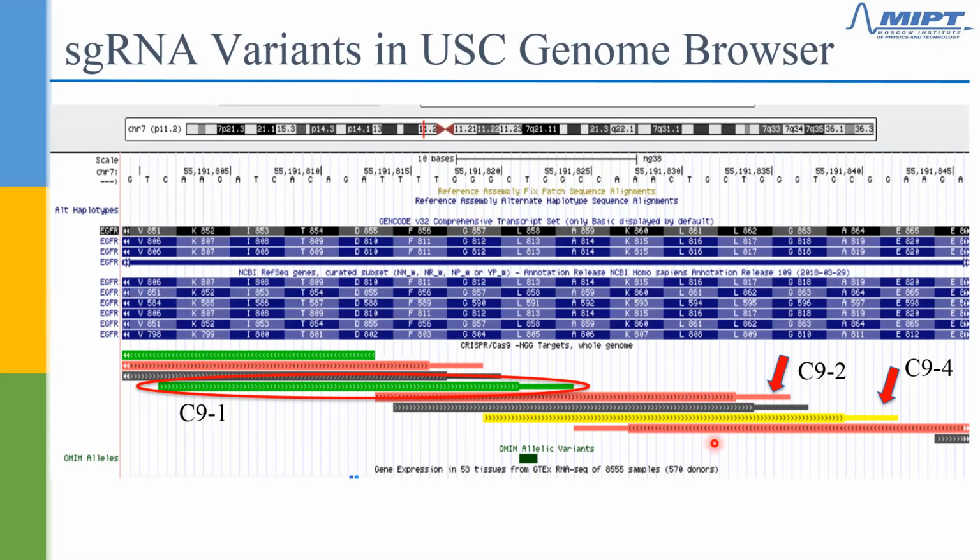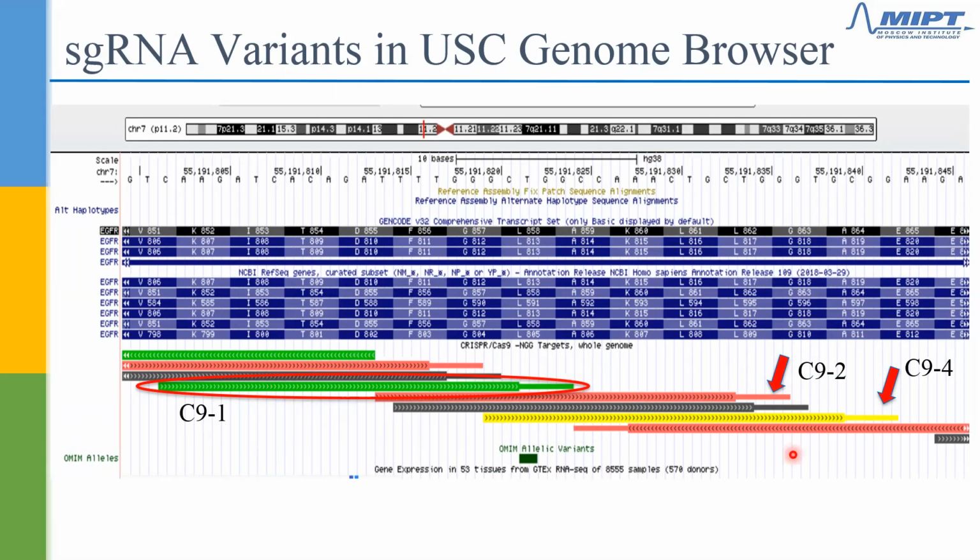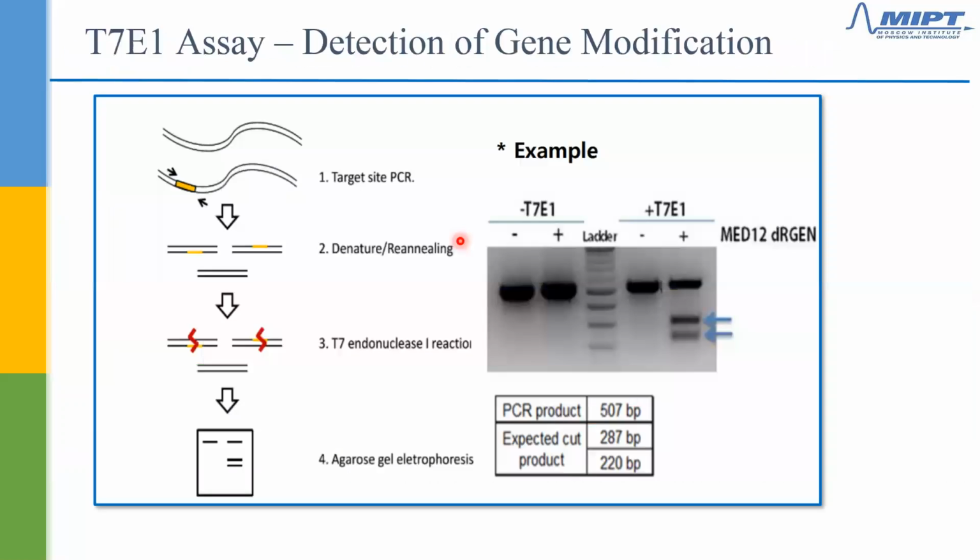So you can pick and choose those, and then compare them in terms of their efficiency, because not only do you want to have a cut close by, you could use this or this for that, although this one is closer, the cut occurs roughly here, but then they have to be efficient, and that is measured by